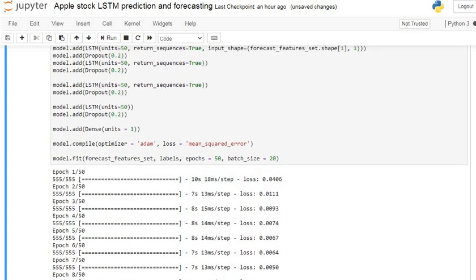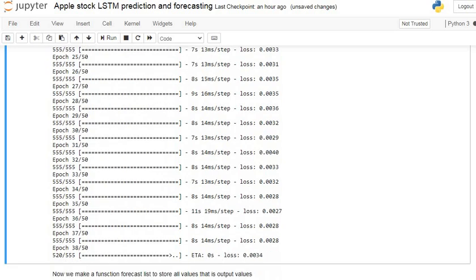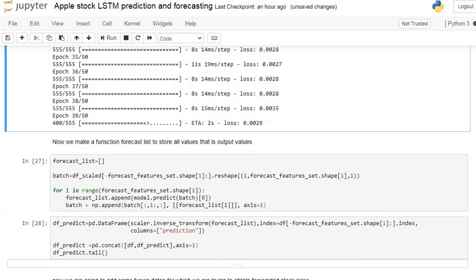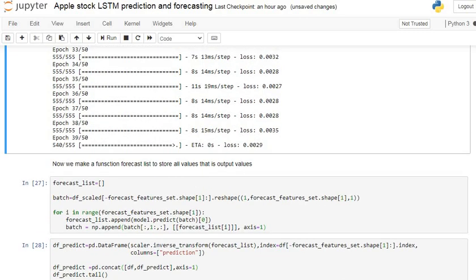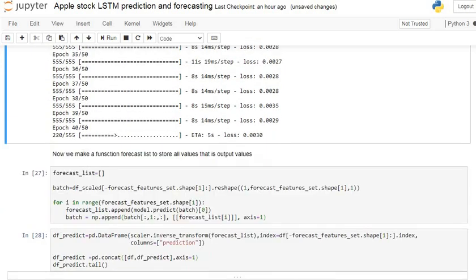You can skip these 90 or 60 or 290 seconds to get to the next steps directly. The 39th epoch is running, and after that we are going to forecast our future values. Ten epochs are still remaining.